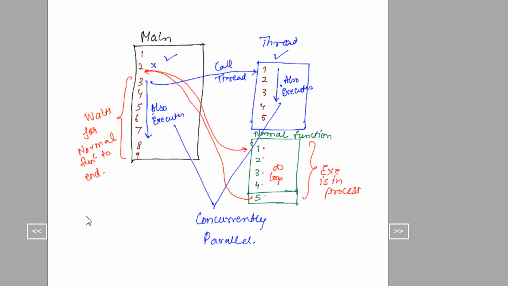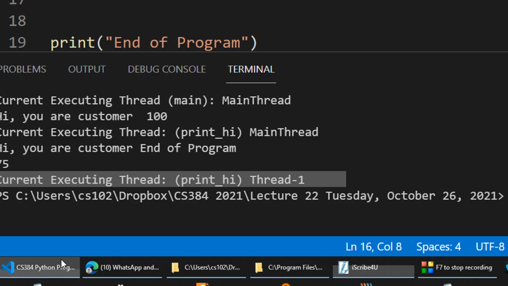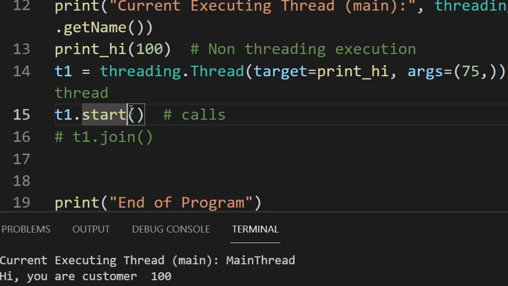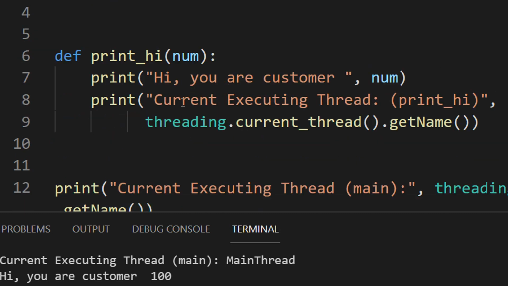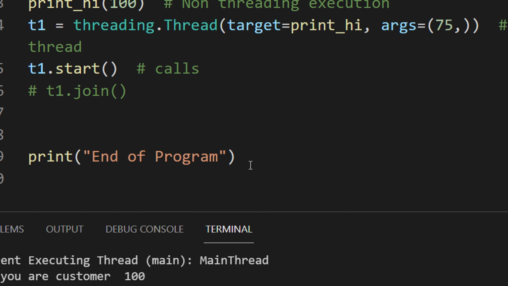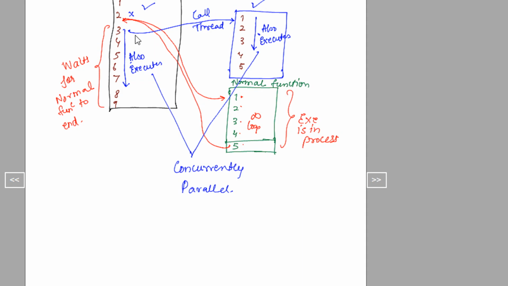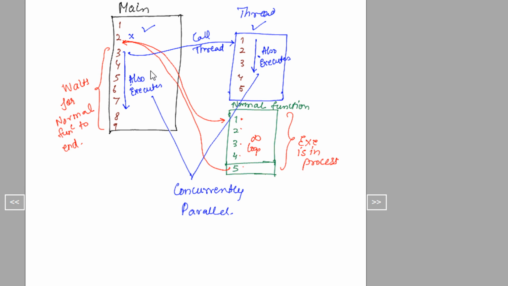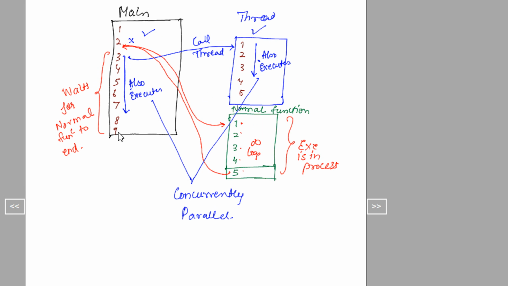So now I hope you get the idea when you did this program t1.start. The moment you did start, this code was also executing in memory, and this code kept on continuing. As we saw, the moment you call a thread, 1, 2, 3, 4, 5, and the preceding part directly starts executing. It does not wait for the thread result.